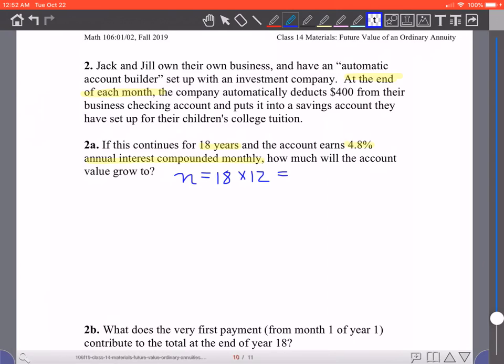For i, it's not just 4.8%, that 4.8% is being compounded monthly. So just keep that in mind when you are calculating. Okay, so hopefully these have been a few examples to give you a sense of what the